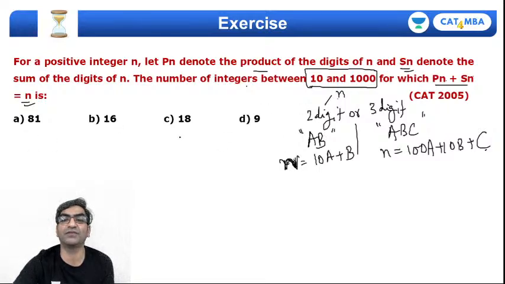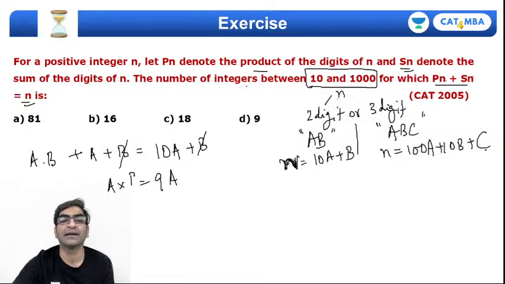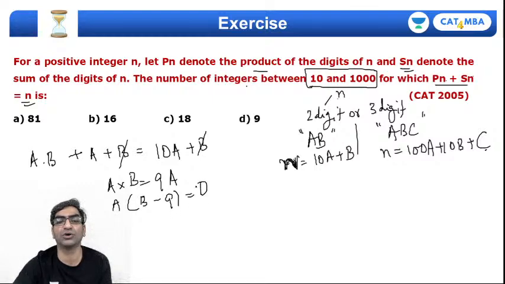Product of the digits will be A into B, plus sum of digits will be A plus B. This should be equal to the number itself, which is 10A plus B, है ना. तो इक्वेशन ये बन गया, B और B कैंसिल आउट हो जाएगा, 10A minus A is 9A and this is A into B, right. मतलब A कॉमन ले लो, into B minus 9 is equal to 0,